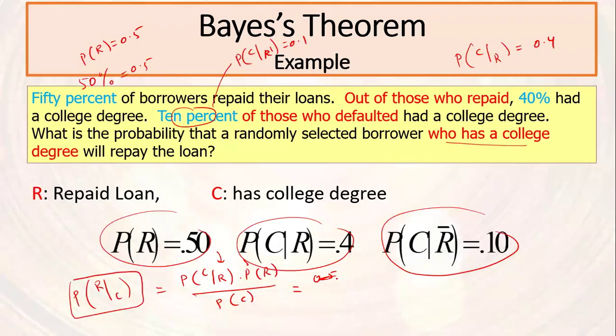No, 0.1, 0.1. 0.1 multiplied by... oh, sorry, my mistake. 0.4, 0.4. So probability of C given R is 0.4 multiplied by 0.5. You understand, right? So divide by probability of college degree, given repaid, multiplied by probability of repaid, plus probability of college degree given he did not repay, multiplied by probability of,